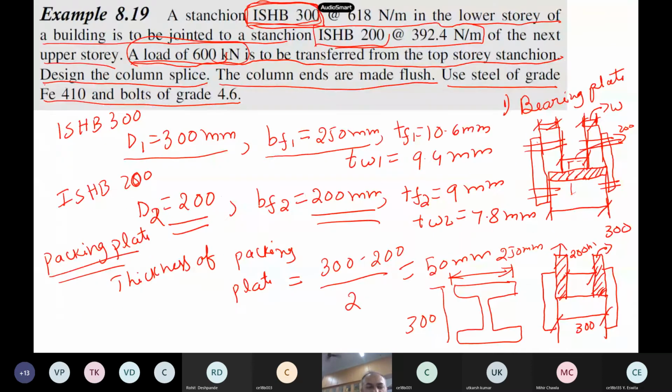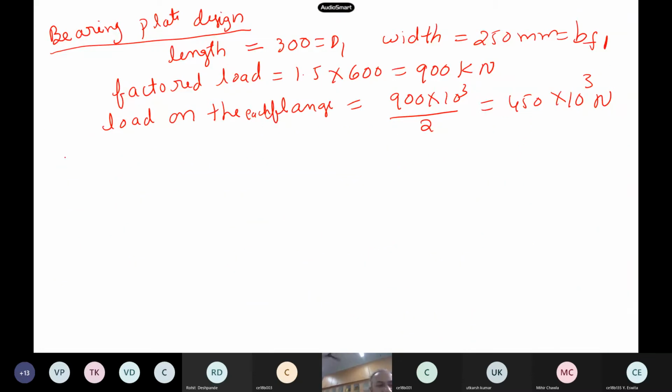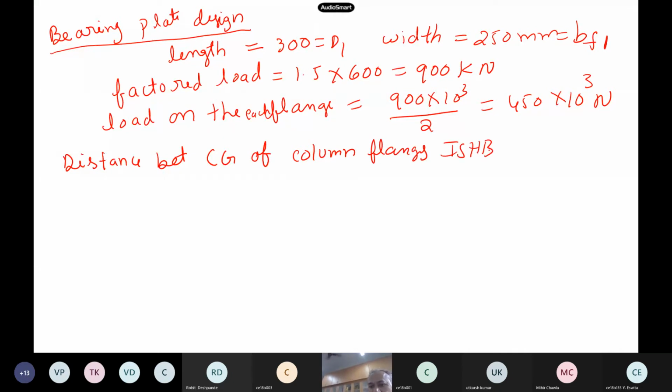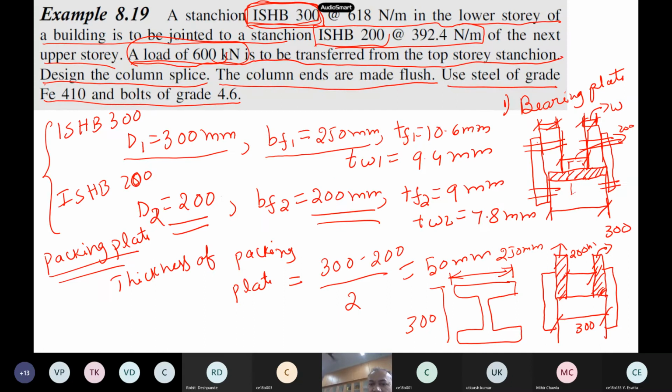You can find that out from these numbers: 300 ISHB, 200, the center of gravity. So you have to find the distance between the center of gravity, CG, of the column flanges of ISHB 300. If you take the top one, 300 minus 10.6 turns out to be 289.4 mm, where 10.6 is the thickness of the flange.